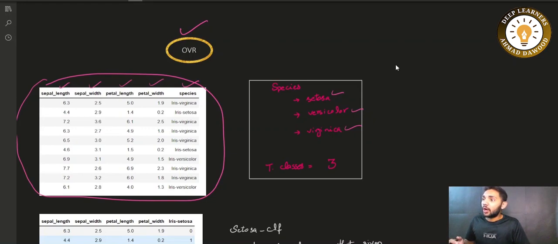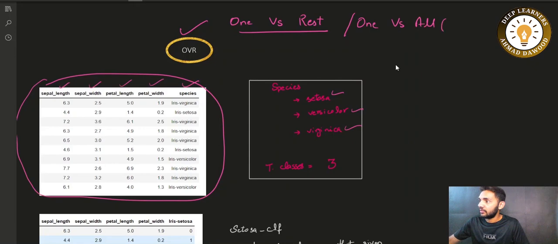So how does the one versus rest scheme work? From the words one versus rest, you can get an idea of how it actually works. It is also sometimes called the one versus all scheme, which is OVA. People use OVR and OVA interchangeably for the same concept. What it actually does is break down the multi-class classification problem into multiple